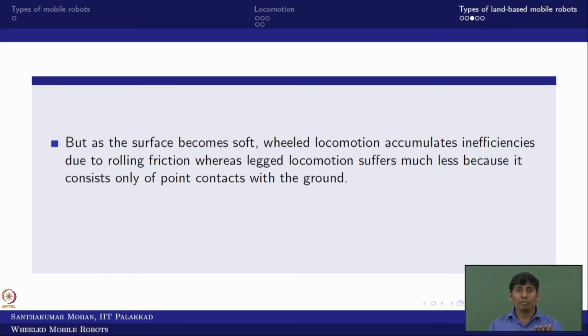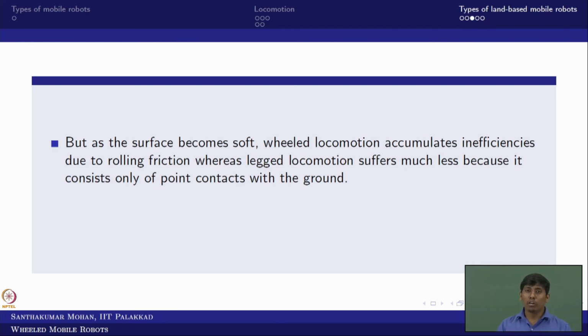That is what you would have seen when executing the same wheel. When it is hard ground, for example a tar road or cemented road, that may go well. Now imagine the cemented road has some mud, which is some kind of semi-solid. Now you can see it would start slipping. The surface has become soft; although the support behind is there, the layer hitting the wheel is soft. So the traction is insufficient, and the rolling is not really happening.